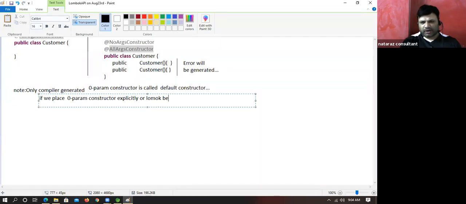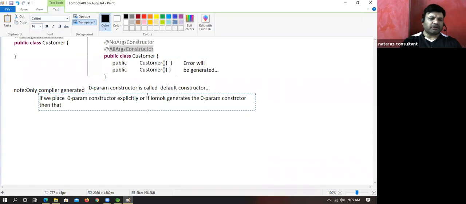Are you understanding my point there? Come on. What is this? Or Lombok generates the zero param constructor. If Lombok generates the constructor, then that should not be called the default constructor.